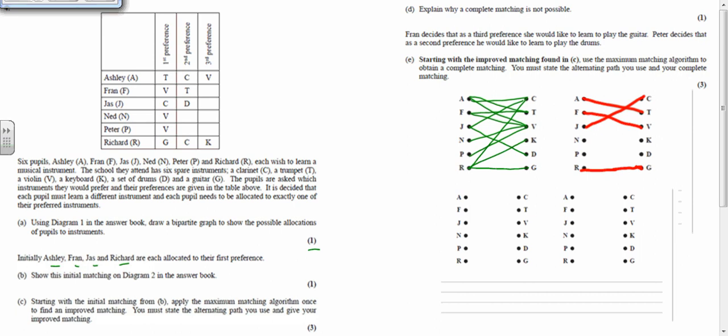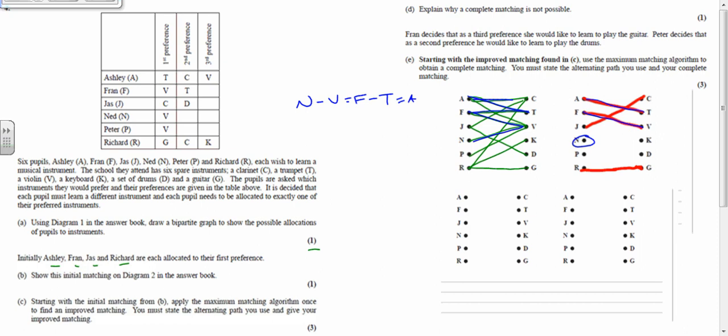So what we're going to do is start off from your first unmatched vertex, which is N. So N, we can match N to V. V is already matched to F. So F can go to T. T is already matched to A. So A can go to C,